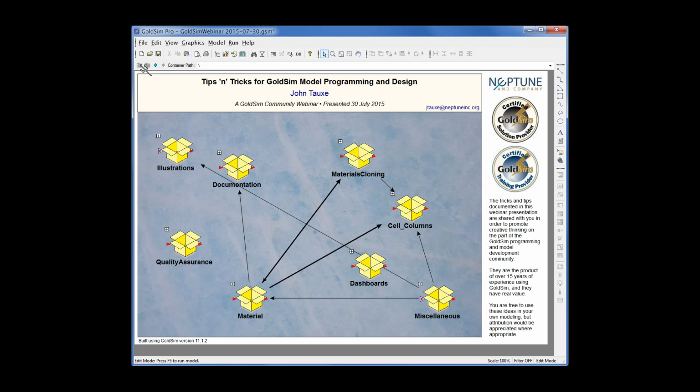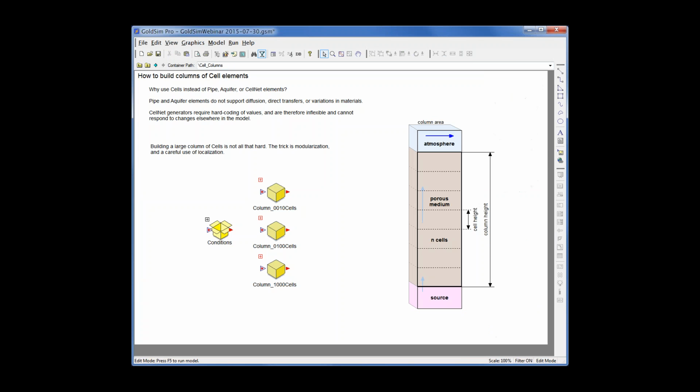And I see I'm running a little slower this time than I was this morning, so I'm going to try to speed things up. Cell columns. I'll go through this quickly, and if people are interested, there was a question about it this morning as to why anybody would do this, but